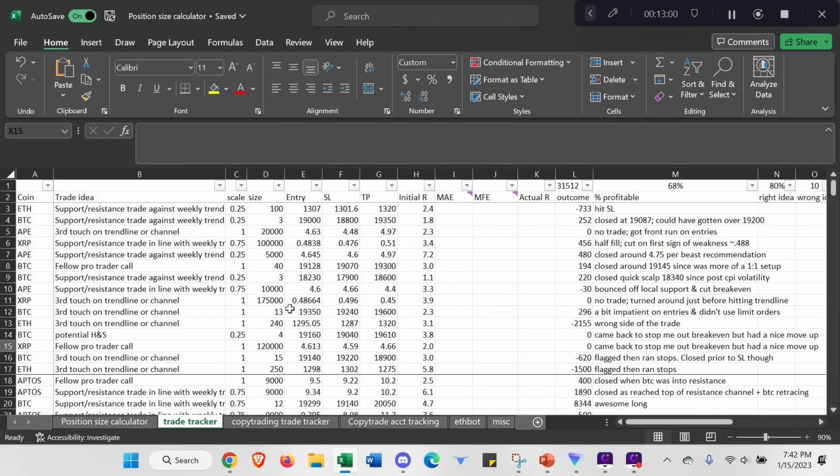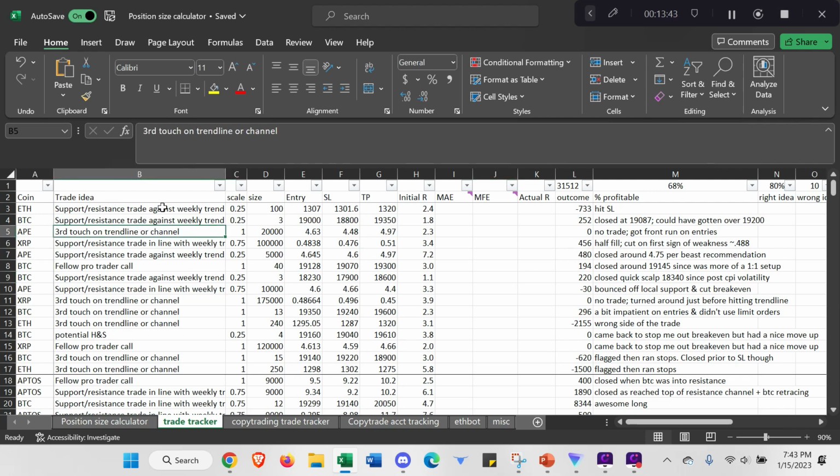And I'll show you guys my trade tracker as well. So like I said, I've been tracking this since about early October. I've been at this quite a while, so it's taken me a while to get some consistency, but I've generally had the right idea about 80% of the time, and my profit percent has been a little bit variable. I have good weeks and bad weeks. I think this was the first 3 weeks of October, I actually lost some money, but overall I've found some pretty good consistency. Up about 30 grand since I started, which is I think somewhere around 60% return on the money I was